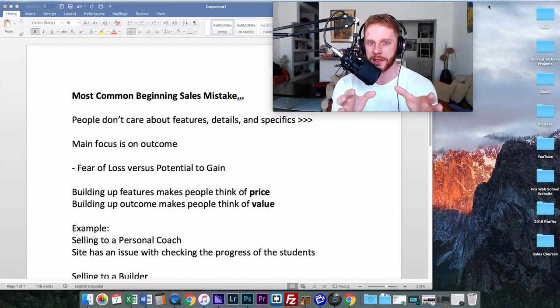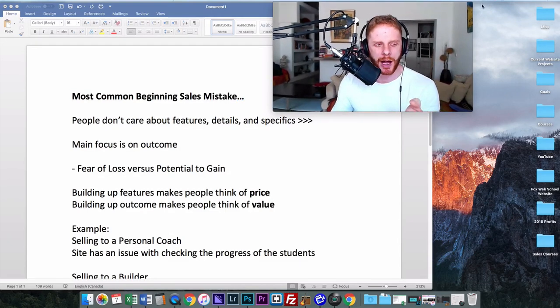If you focus too much on what you're actually selling and not what the outcome or the result is going to be, you'll find that you're going to run into a lot of sales problems, and it's just not going to be an effective approach. You might still make some sales, but it's going to be vastly reduced from the number that you would make if you used a different sales approach, an approach that I'm just about to show you in this video. So let's get into it straight away.